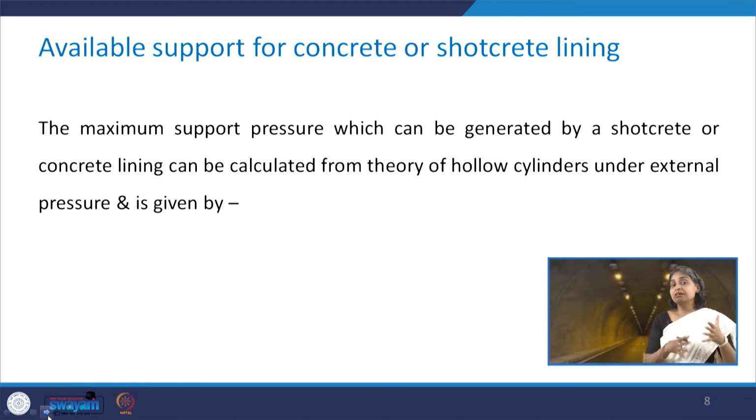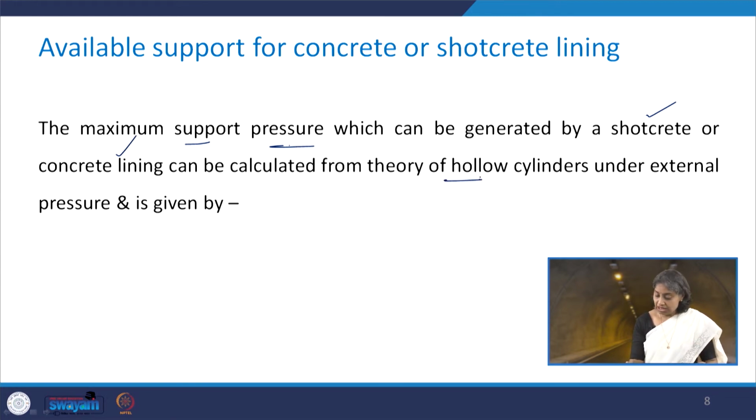Now we learnt about the stiffness of the support system. What about its maximum support pressure, which is PS max? In the previous class we saw that this particular term is very important, and we should know this along with the stiffness of the support system. So the maximum support pressure that can be generated by a shotcrete or the concrete lining can be calculated from the theory of hollow cylinders under external pressure, and is given by this equation,